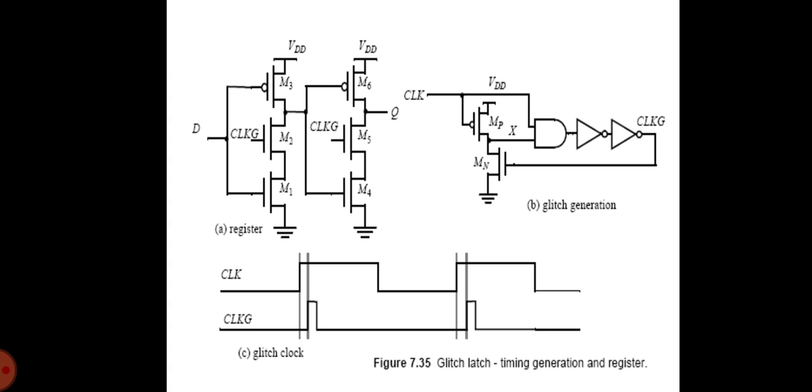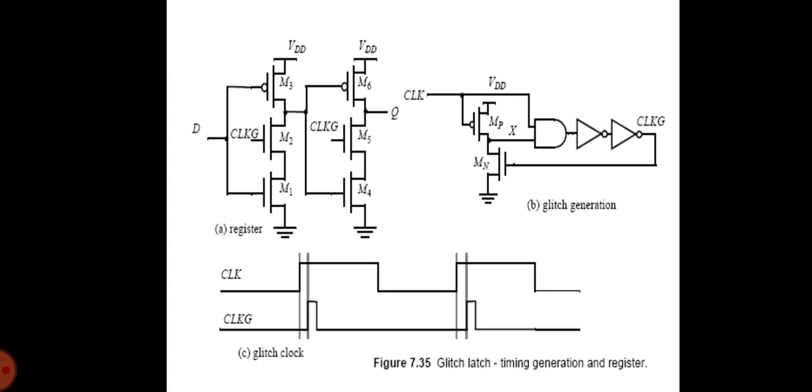The disadvantage is a substantial increase in verification complexity. For this circuit to function properly, simulations must be performed across all corners to ensure that the clock pulse always exists, that the glitch generation circuit works reliably. Despite the increased complexity, such registers do provide an alternate approach to conventional schemes, and they have been adopted in a number of high performance processors.